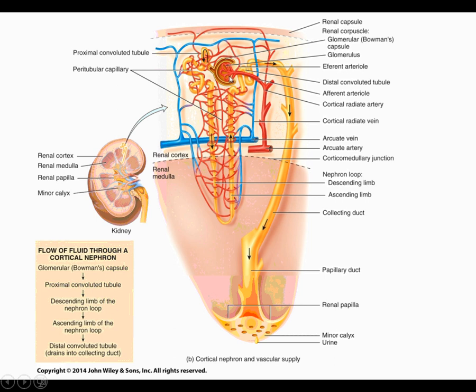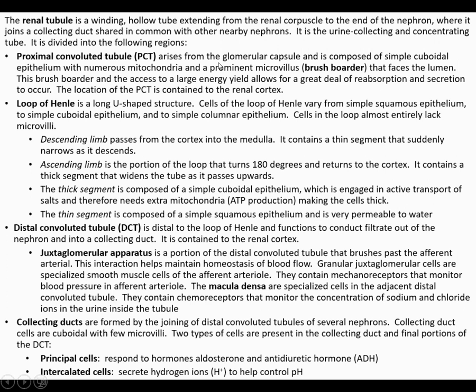Okay, I mentioned we pull out most of the water and ions here. We actually end up putting them right back in, right in this part of our tubule. And like 99% of that water that we filtered out gets put right back in. And you'll see why. Now, the cells that are found in the proximal convoluted tubule are simple cuboidal with numerous